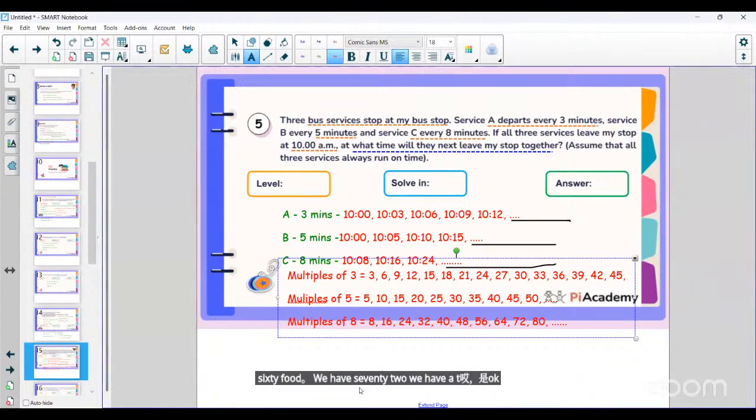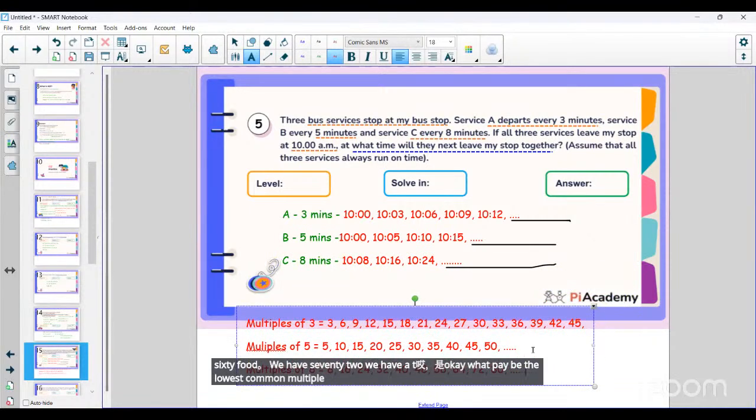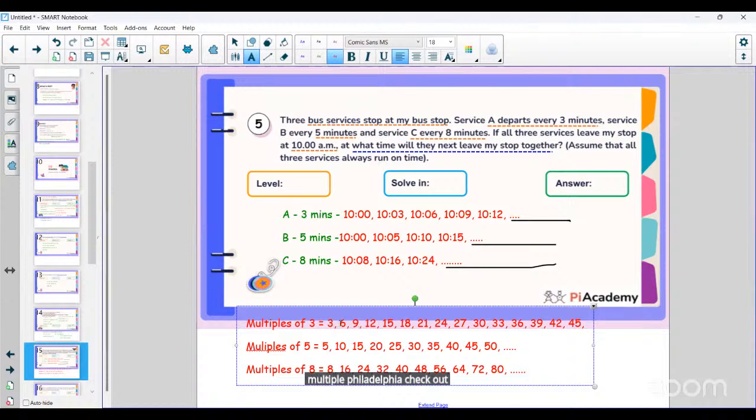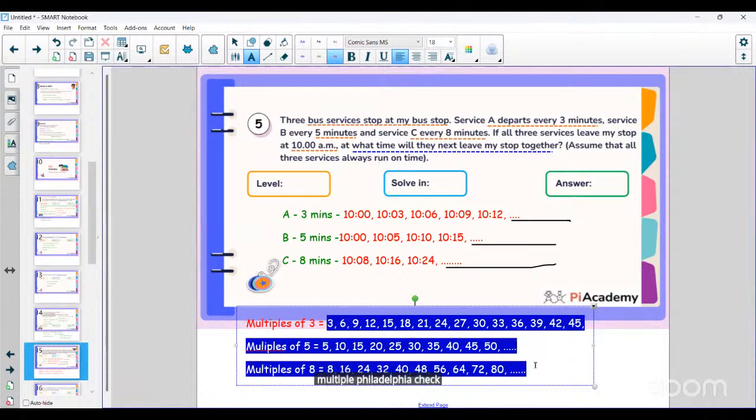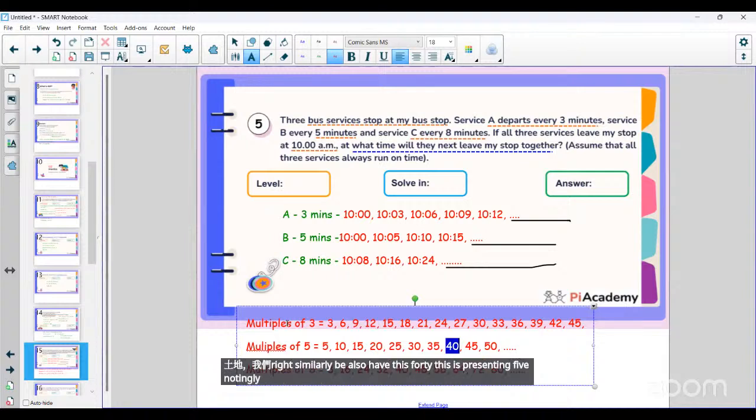Okay, what will be the lowest common multiple? Can you find any multiple which is common in all the three? Check out. Yeah. Well, we have this 30. 30 is common in 3. It's common in 5, but it's not present in 8. Right? Similarly, we also have this 40. This is present in 5. This is present in 8, but not in 3. So what you will do,